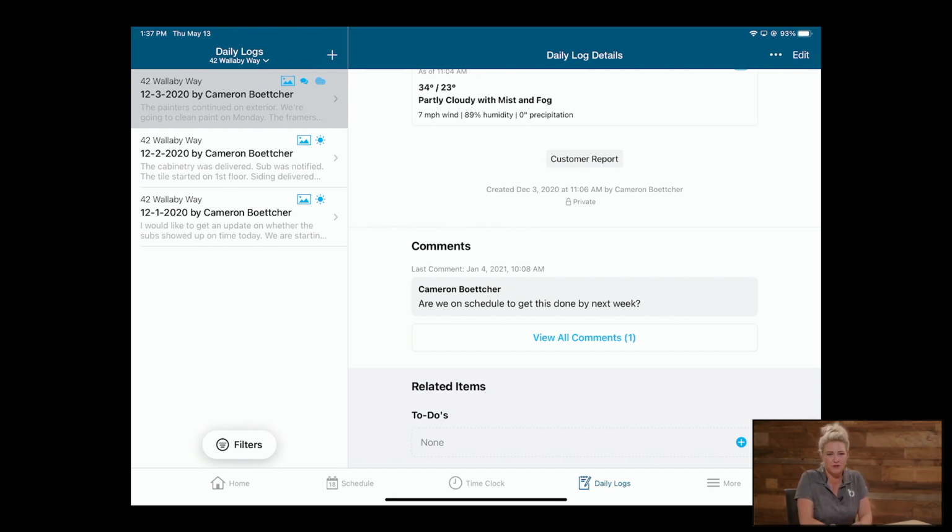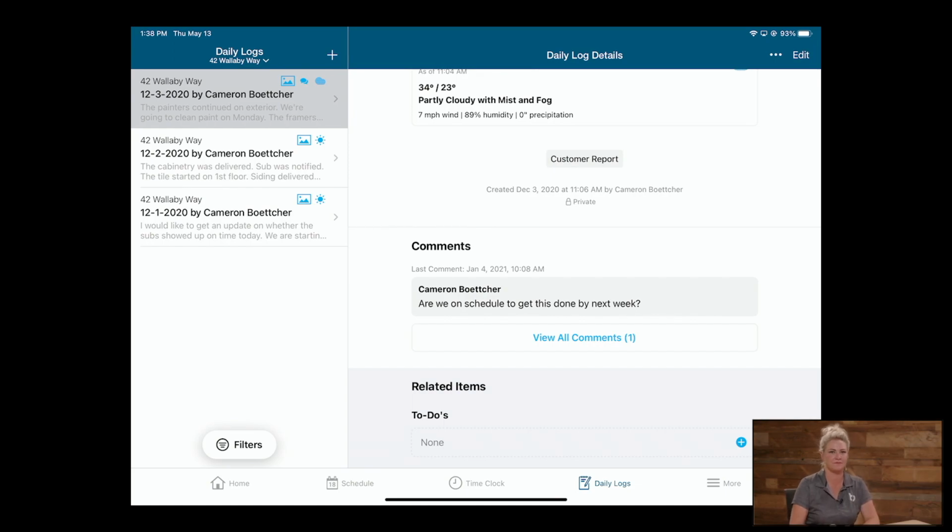And then other people in your company can view that information. Maybe they don't get notified for daily logs, but they can go in there and see and give a homeowner that called in an update. So there's tons of value out of the daily logs. And I will say, being able to upload a picture right from the daily log, or right into it, is a great feature to capture all of the data that you need for all the questions that come up